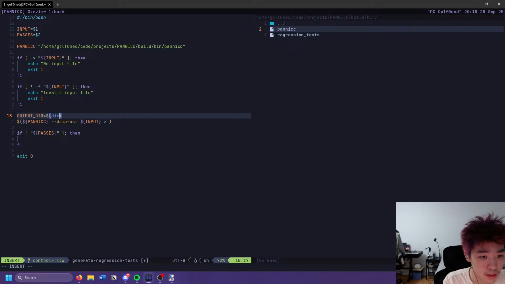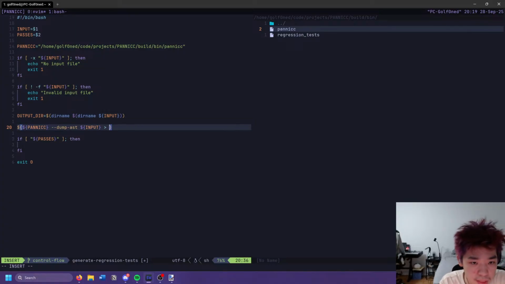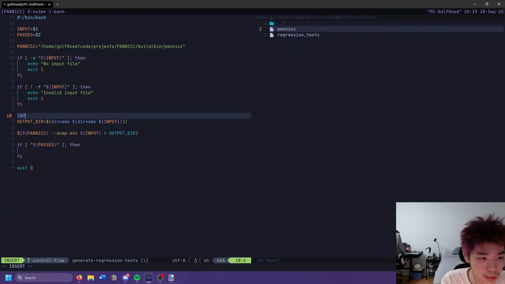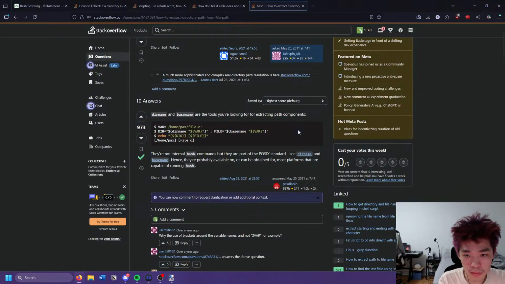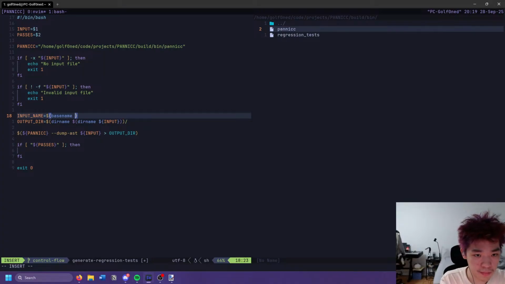So we want dirname of input. Or wait, we need input to be safe. Okay, so this goes into output dir. And we want input name is basename of